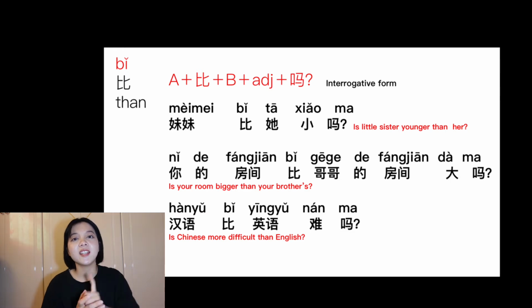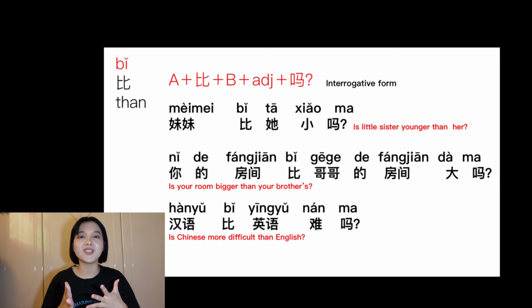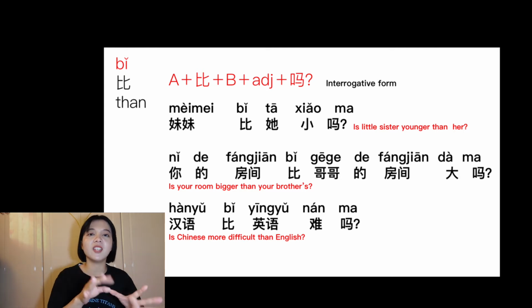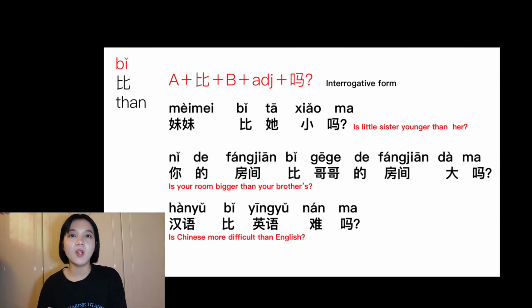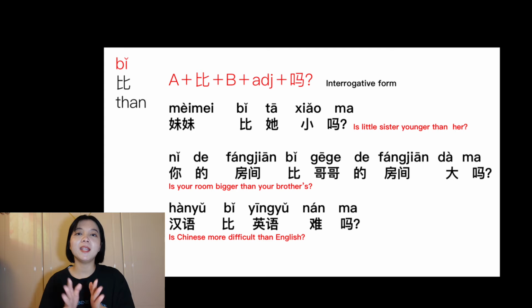And the second form is to make it a question. As we learned before how to pose questions, it's pretty easy here. We just add the character 吗 and a question mark at the end of an affirmative form sentence. For example, little sister is younger than her. It's 妹妹比她小. And make it a question. 妹妹比她小吗？